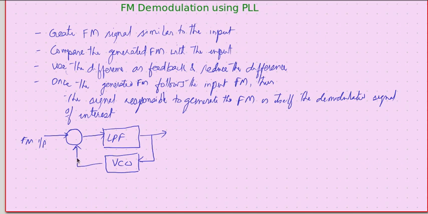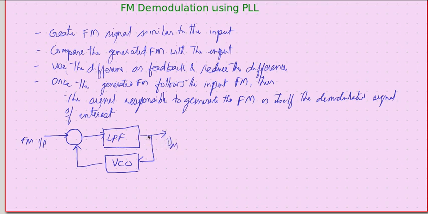Now, what is happening is here we have the FM input, and here we are generating FM and trying to compare the two. And this loop is trying to ensure that these two are always in phase. That means whatever variation you find here, the same variation should also be here. And to generate this, we need some input, and this input is generating FM, and that indirectly says that the voltage we have here will be our modulating input.